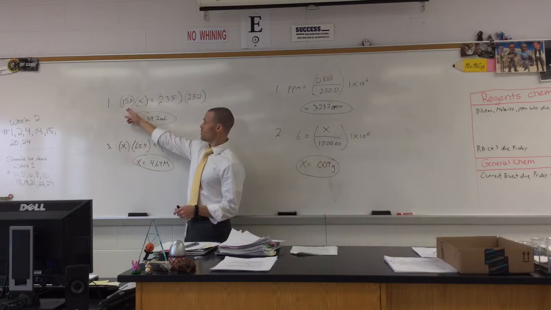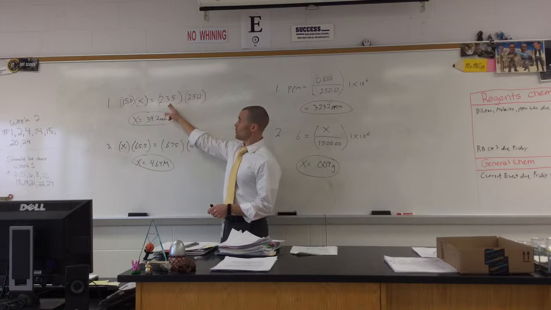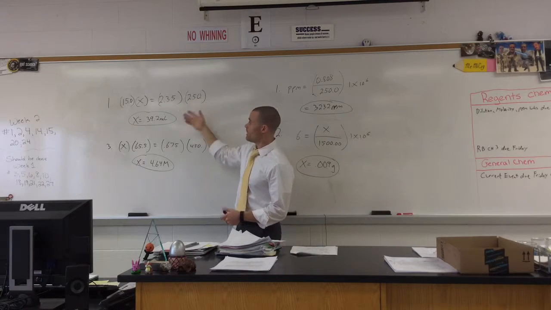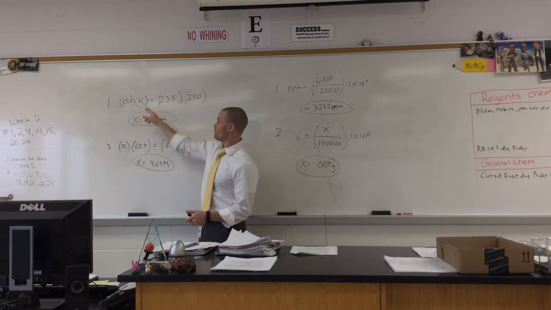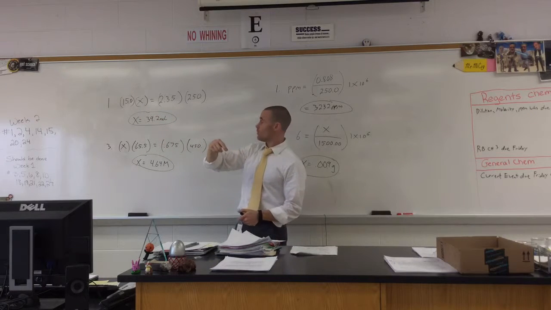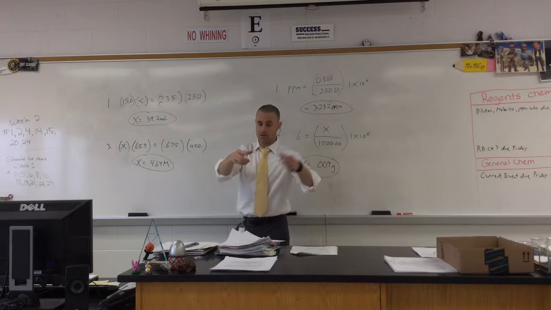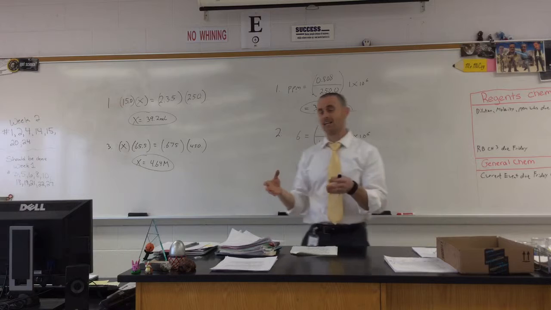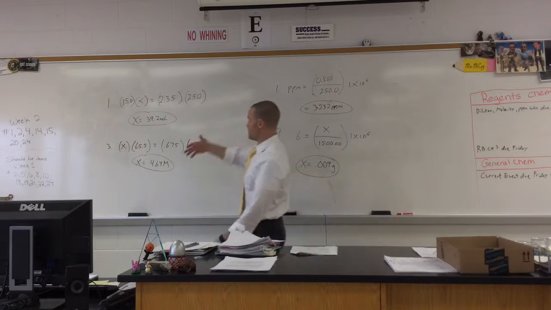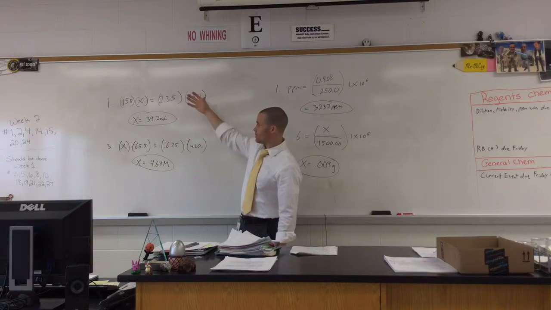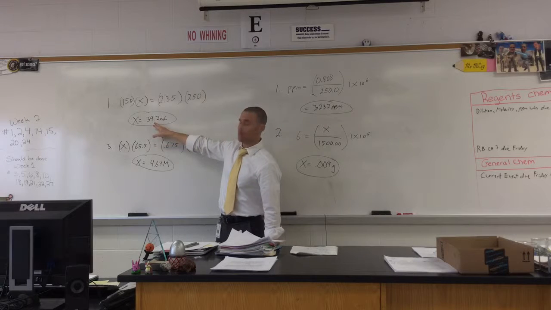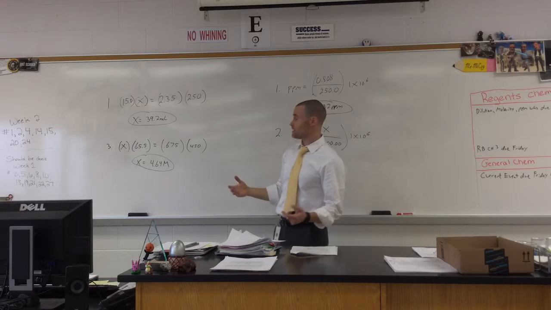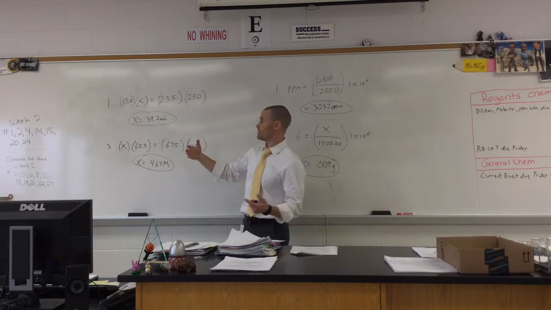So 15 is M1, M2 is 2.35, V2 is 250. That's your desired solution. What you have to do is solve for the volume like we did yesterday with the solution up here, the purple one, potassium permanganate. You have to figure out, okay, how much do I need of the stock solution? So basically what you would do to make number 1 to answer the question completely is you would take 39.2 milliliters, add it to a 250 milliliter volumetric flask, and then fill it to the line with distilled water to